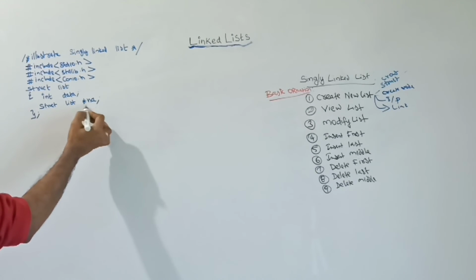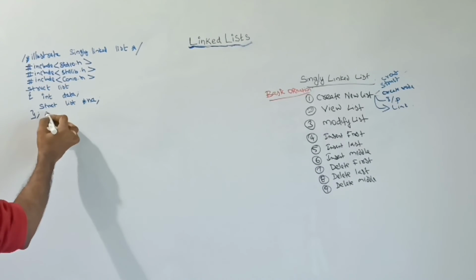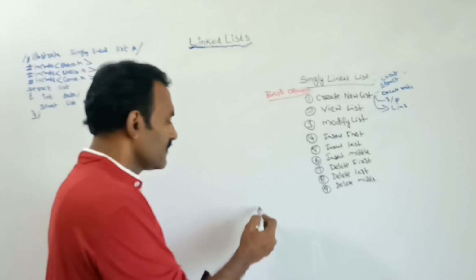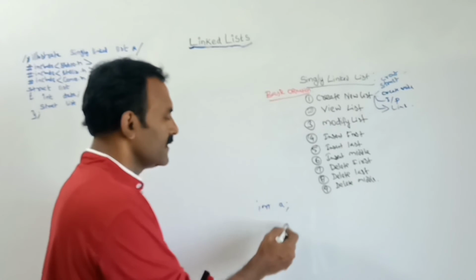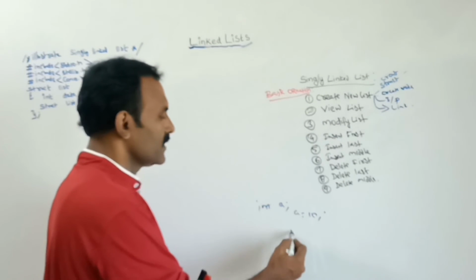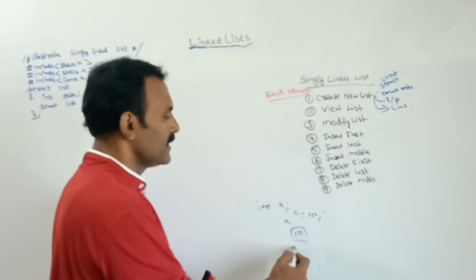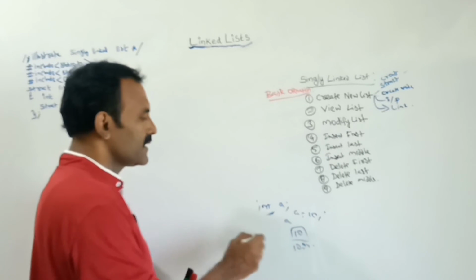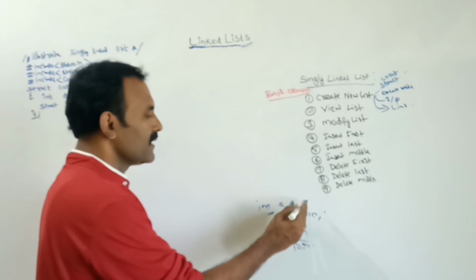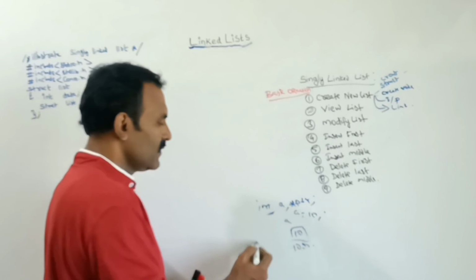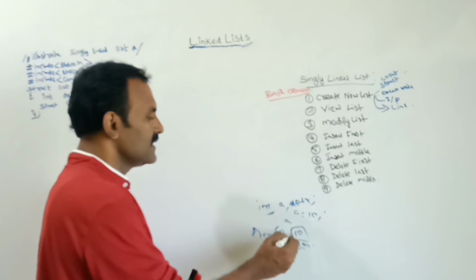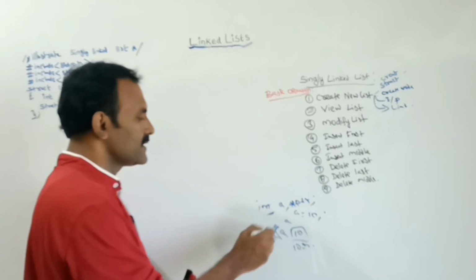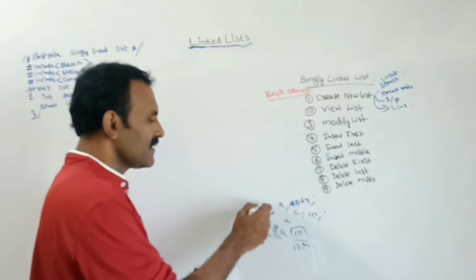Here I have declared the variable as struct list. I mentioned the data type as struct list because, for example, if it is an integer variable, say a is equal to 10, then 10 is stored in that memory, the variable name is a, and it has some address. If we need to store the address of this integer, then I should create the pointer variable in the same data type, and only then can I fetch the address of the integer a. So a is an integer data type, so the pointer should also be the same data type, then only I can fetch the address of the integer.